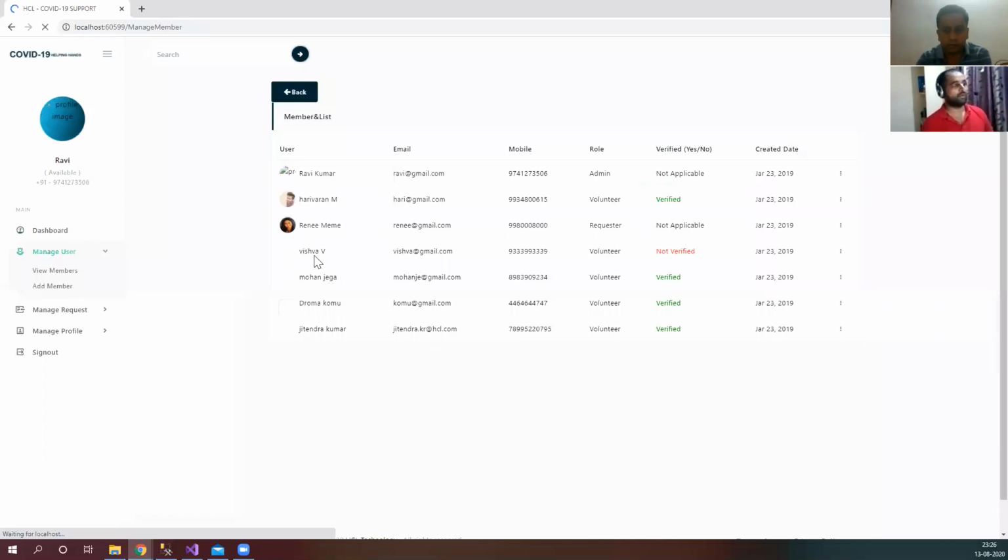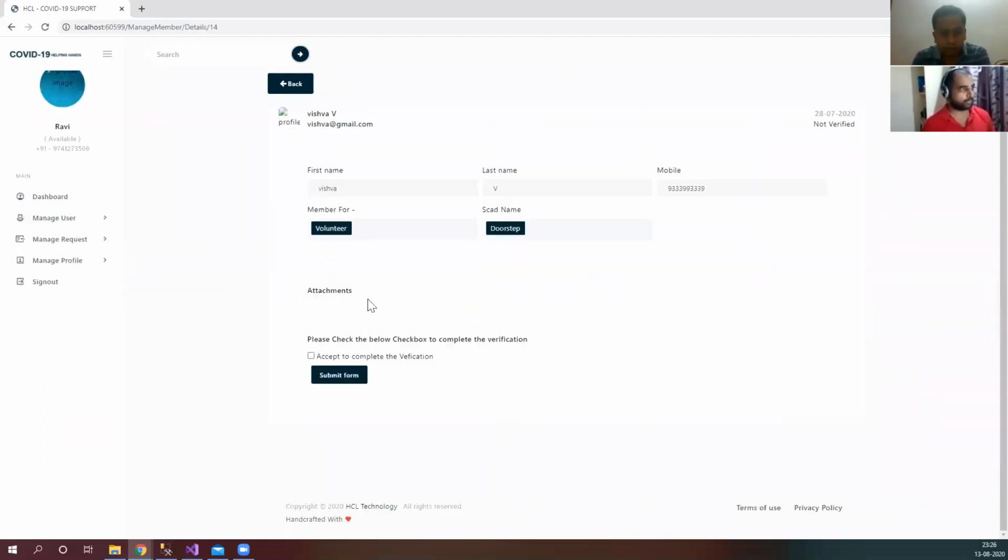When we go to view members, we have to select some user who is not verified, and verify their attachment, whether they have attached the appropriate document. Based on that information, the admin approves their request and activates their account.